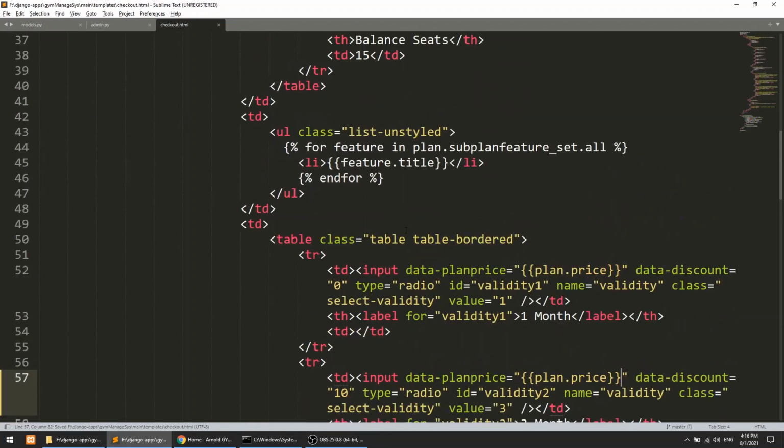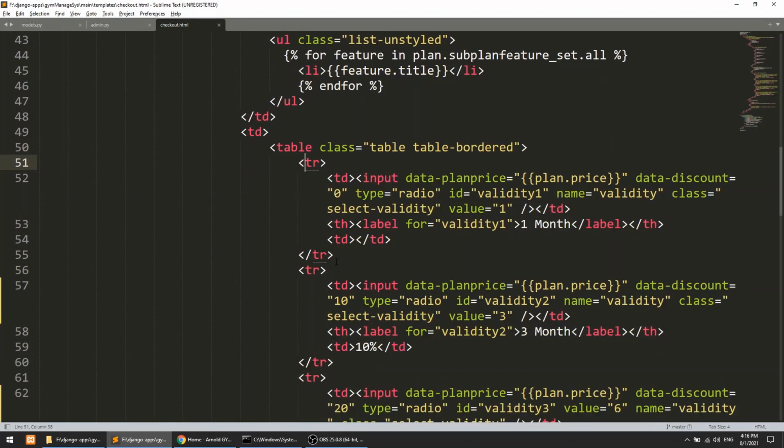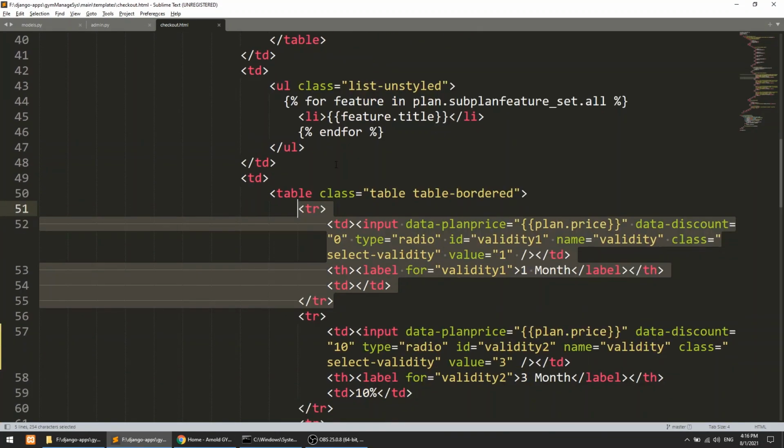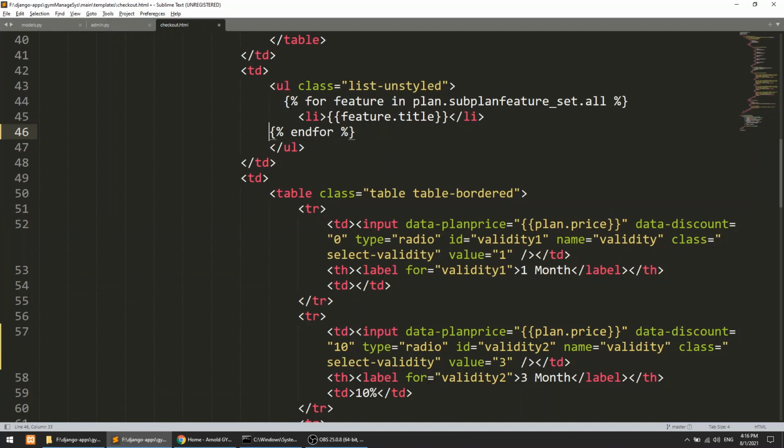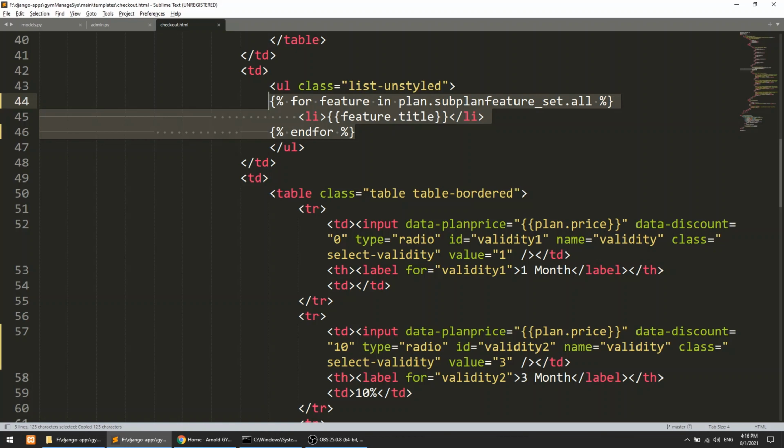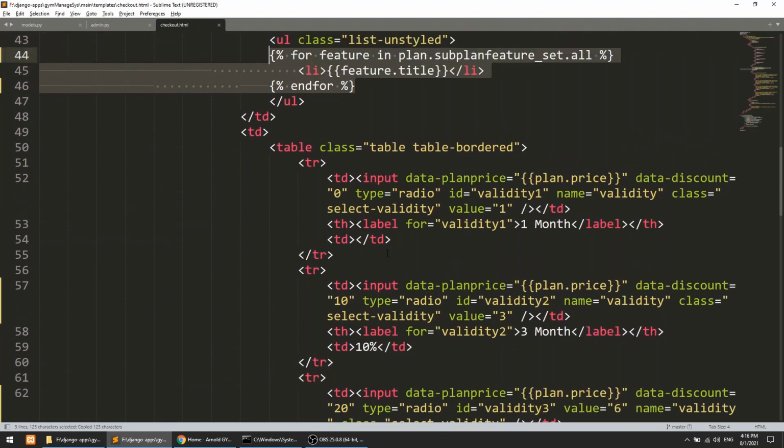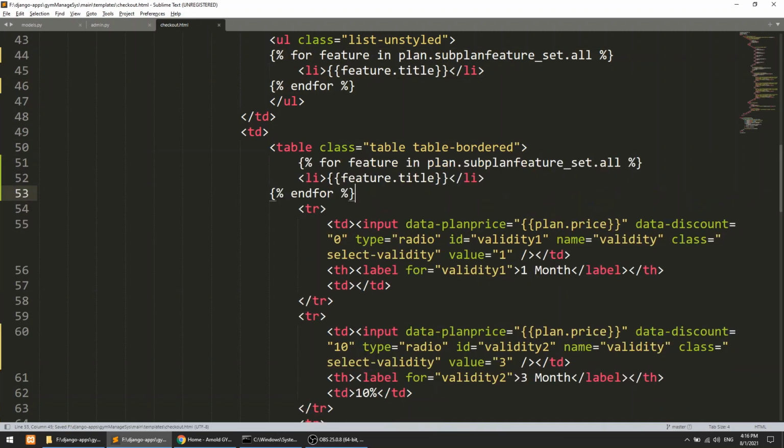Okay, so what we need here is this tr in a loop. So I will simply copy this and paste it here, and this will be discount in plan, and it will say plan discount set all, and this will be discount dot.